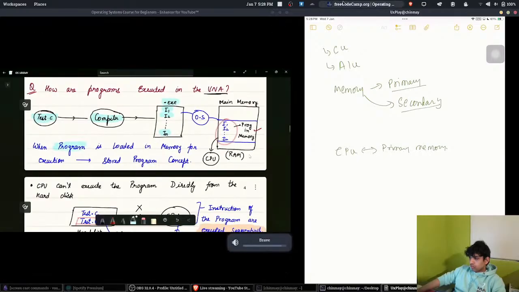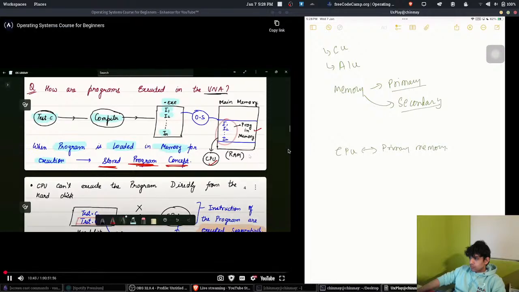So when a program is loaded in memory for execution, this concept is known as the stored program concept. This is an important concept. So what does the OS do? It loads the .exe file from hard disk to main memory, and then from main memory it is passed to the CPU, and the CPU does the sequential execution. That is, the CPU first takes instruction 1, I1, executes it, then I2, and it will continue until